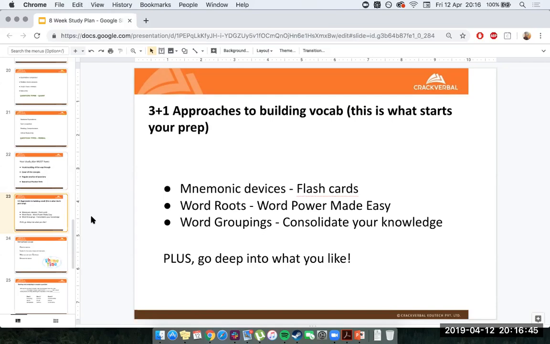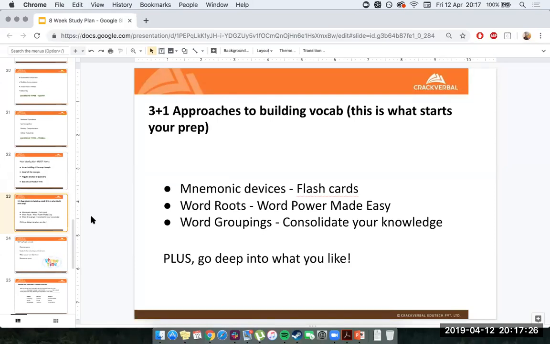In addition to this, because the root itself is common, you have a common thread by which to remember these words. So you're more likely to remember them, and you're more likely to make connections with these words to other words that you already know as well, because you already have that partial understanding and knowledge of what that word means. So word roots are a very, very effective way. And there's a reason that I told you that gladius meant sword in Latin, that equivocate is equal parts and vocalizing on equal parts. The reason for that is to let you know that this is how word roots work. This is how you can build your vocab.